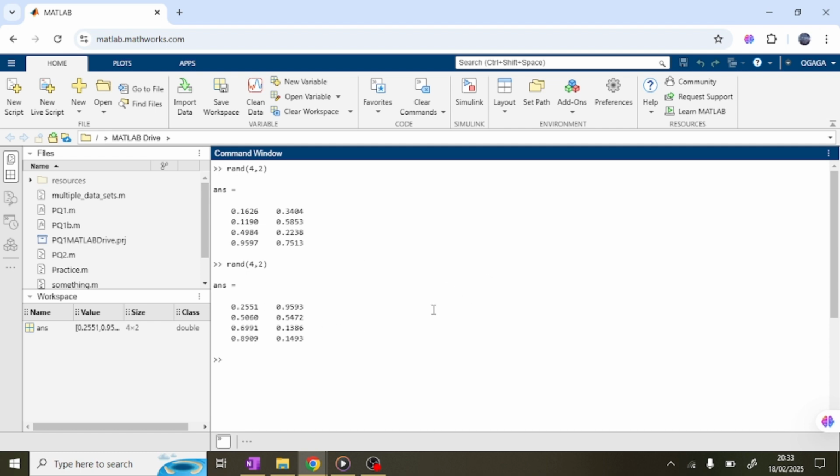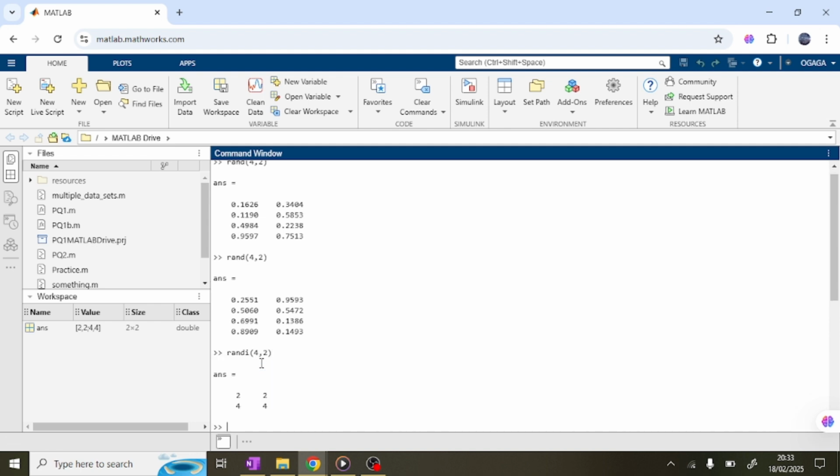But looking at this, you see that the random numbers here are of type double. We want to work with whole numbers in our operations, like addition and subtraction, like integers. So for that, you say rand I. Work with 4 by 2, rand I, and then you have random integers. If you call that command again,